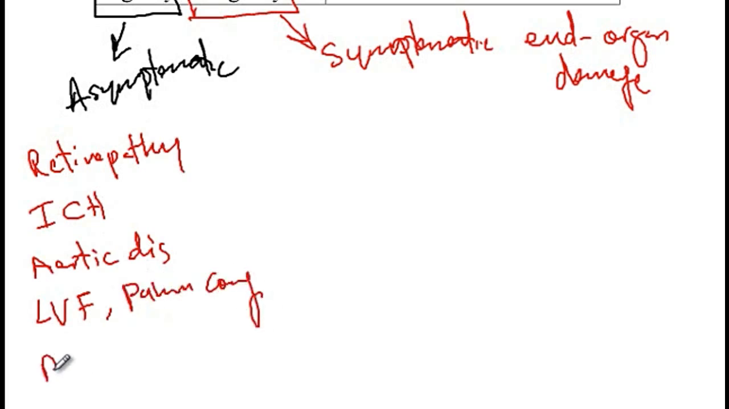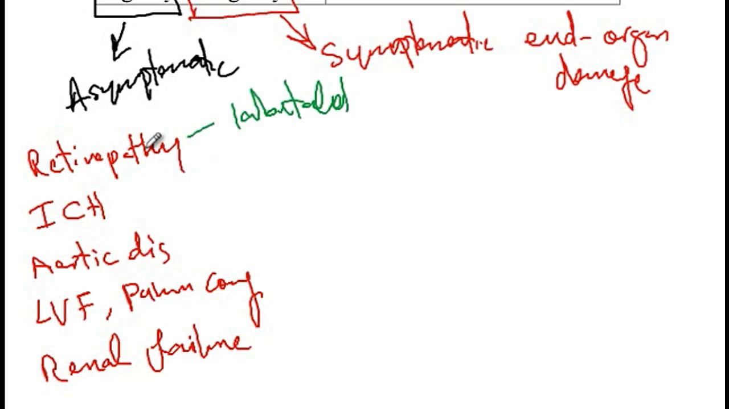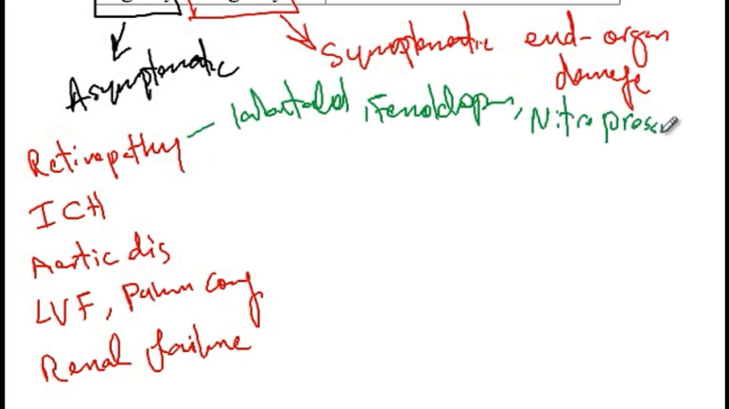And then finally, we could have renal failure from malignant nephrosclerosis. So there are different classes of medications that can be used for the treatment of hypertensive emergency. And these medications, for instance, include labetalol, which could be used for retinopathy, methyldopa, as well as nitroprusside. For patients that have intracranial hemorrhage or aortic disease, in other words, in those that have vascular accidents, you